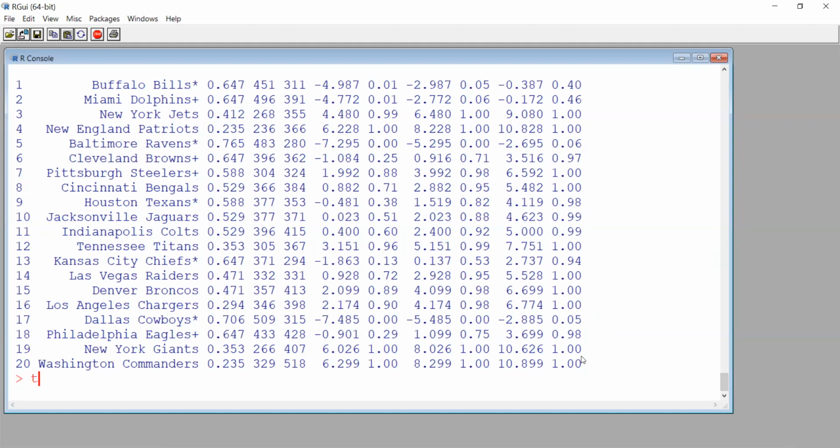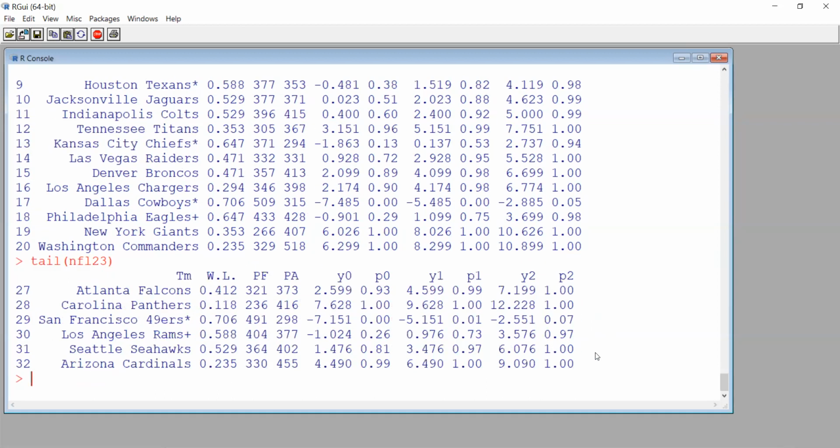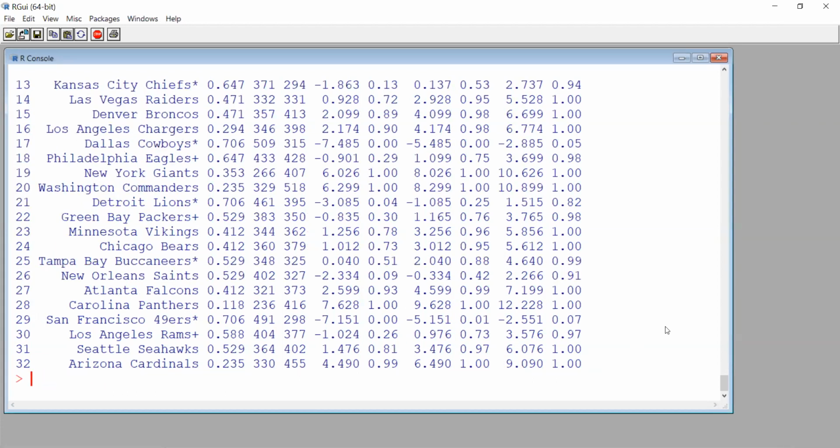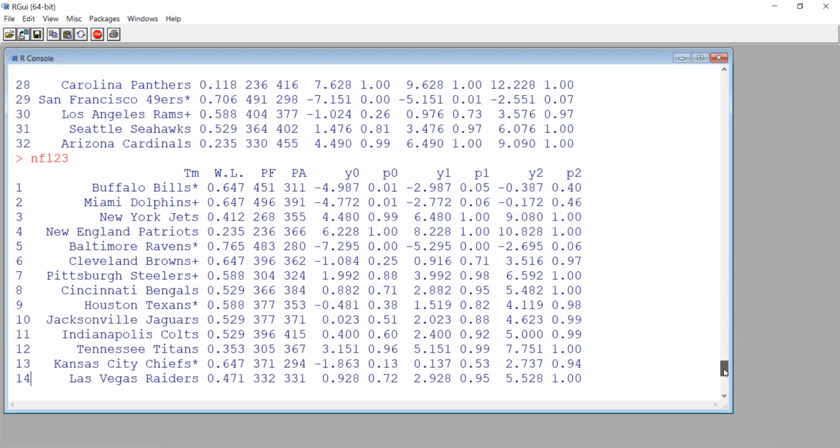Any other small ones? What about tail? NFL 20. Huh. Okay. How about all of them? I'm just looking for those small ones because those should be the good teams, right?